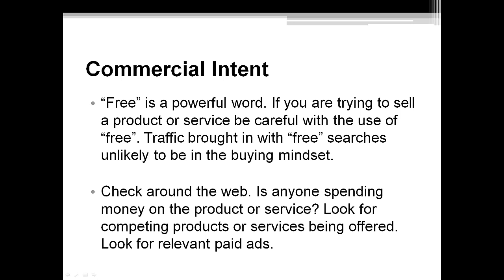Another way to take a look at that, again, like I mentioned a moment ago, when you're conducting your searches to see how many online competitors there are, look to see if there are any paid ads, any sponsored links. And you're going to want to see, generally speaking, at least 3 of them. And that's going to appear in the shaded box above the top 10 search results, the 10 search results that you get per page when you conduct a search on Google, as well as on the right-hand sidebar. Those are both paid links. If you don't have at least about 3, maybe 2 at the very minimum,